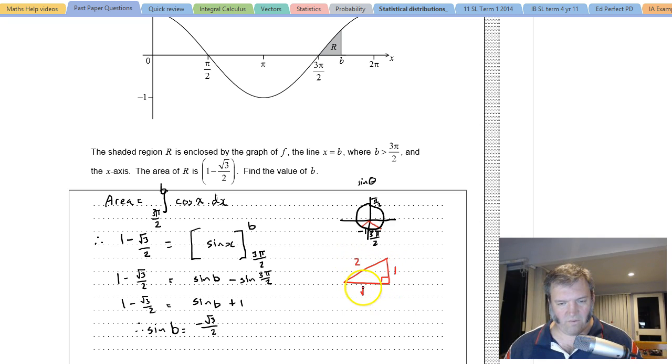1, 2, root 3. Dealing in radians, make sure we get them right. Smallest angle, pi over 6, opposite the smaller side. Largest angle, pi over 3, opposite the larger side. So generally, the sine of pi over 3, that angle there, gives me root 3 over 2. So when I want negative root 3 on 2, I'm going to know that b, the arcsine of negative root 3 on 2, is going to be pi plus that angle of pi over 3,